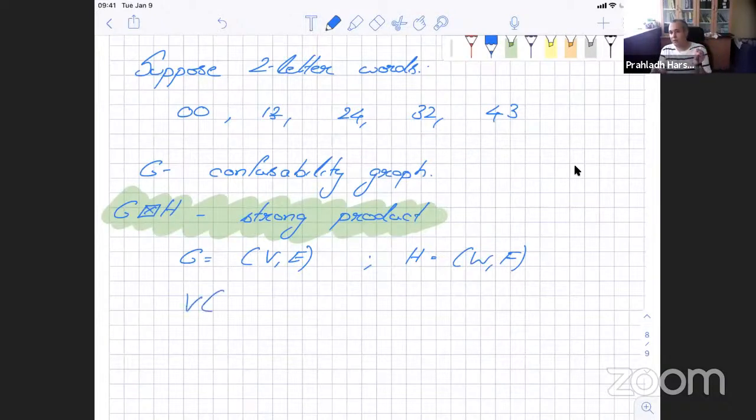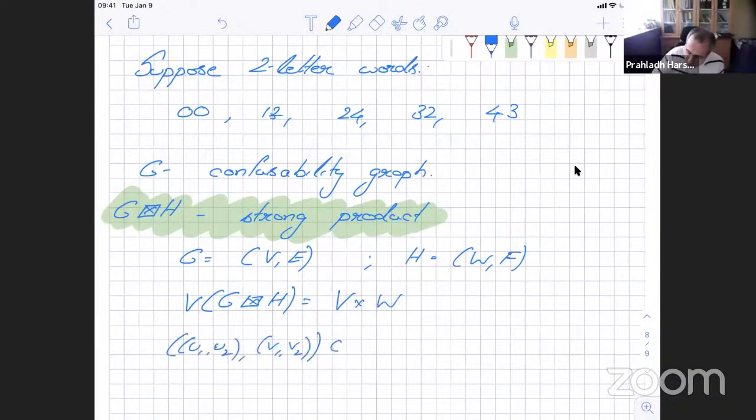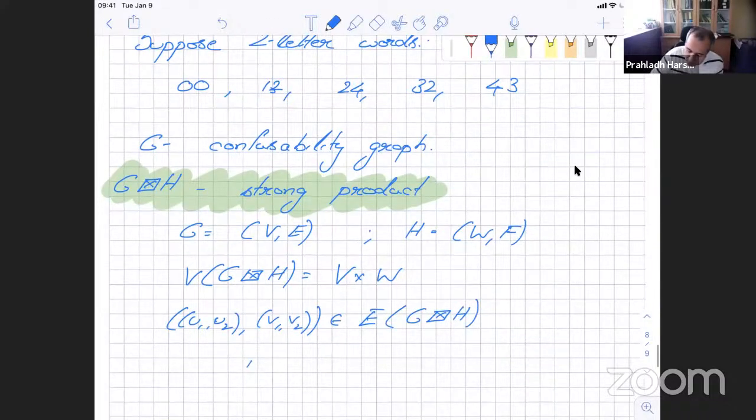It has all pairs of vertices, but what are the edges? So I want to say (U1, U2), (V1, V2) belongs to the edge set of G tensor H if the following conditions are met. 1, (U1, U2) is not equal to (V1, V2). Certainly, it's not the same pair of vertices. And 2,